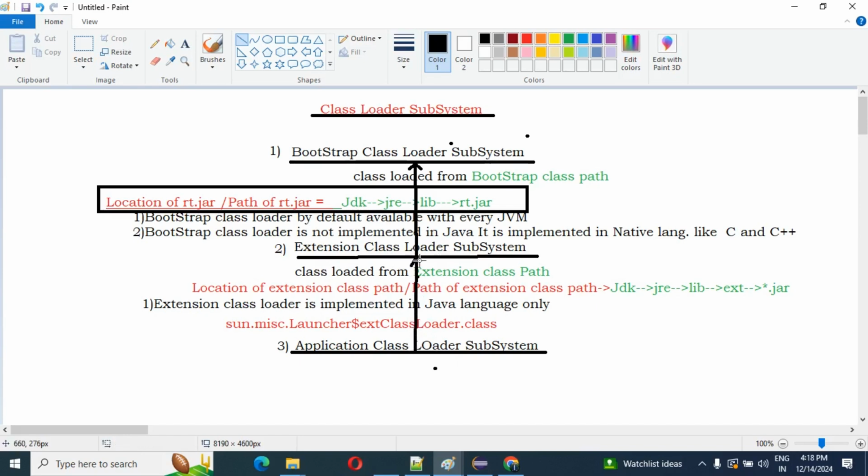So the application class loader subsystem is also the child of what? The extension class loader. Okay, understood?